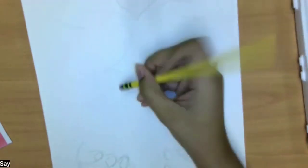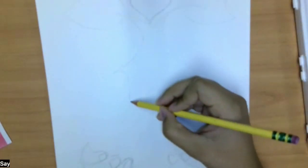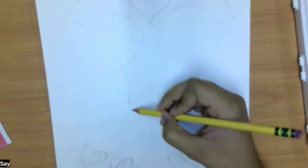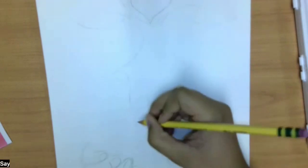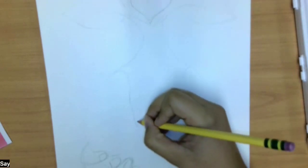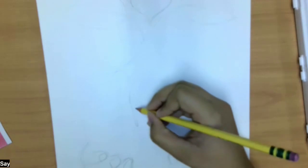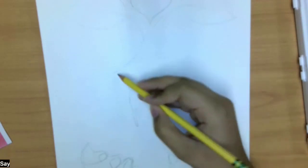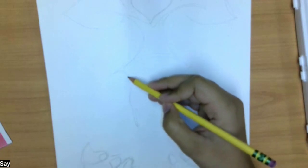If it would help you, you can look at a map or a globe right next to you. I like to sort of eyeball it. That's the other thing about watercolor to me, the other fun, good thing about it, is that watercolor lends itself to be a little bit more messy. So we've come down the West Coast line here with